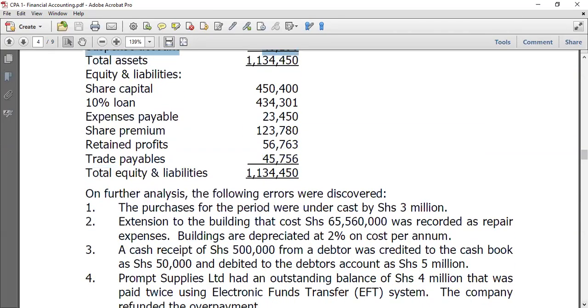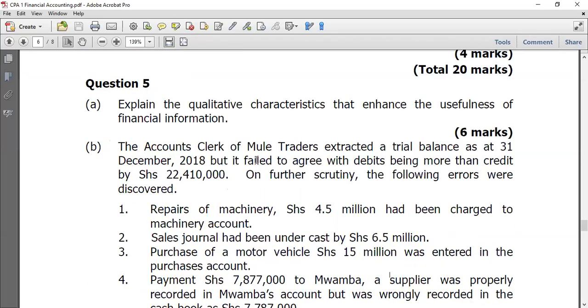Sometimes the examiner may bring it in terms of, let's say, a statement. Now, just like the way we have, this is another one. Here they are telling us that the accountants